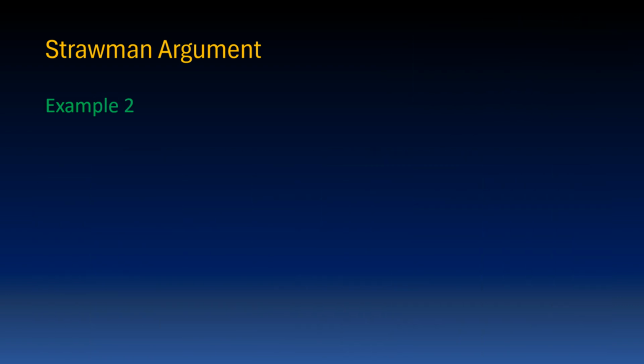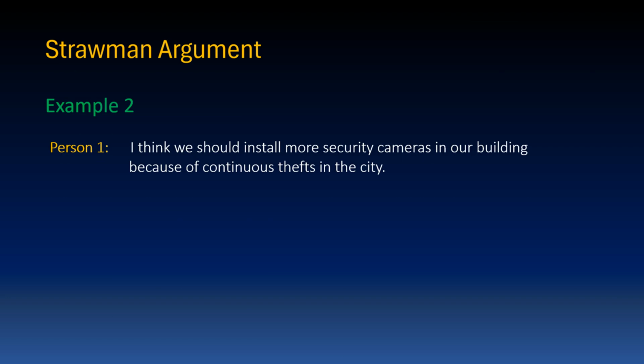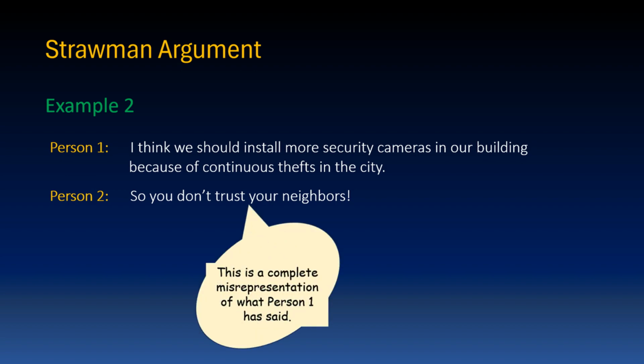Example 2. Person 1 said, I think we should install more security cameras in our building because of continuous thefts in the city. Then person 2 responded by saying, so you don't trust your neighbors. Oh, again, you can see that the response of person 2 is a complete misrepresentation of what person 1 has